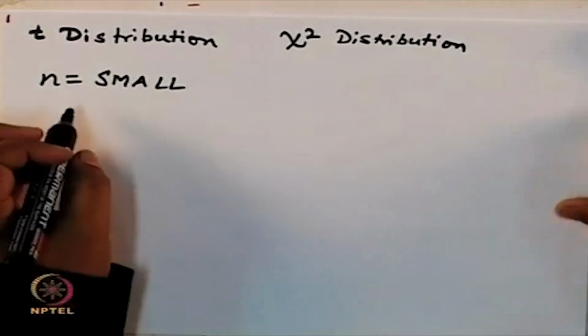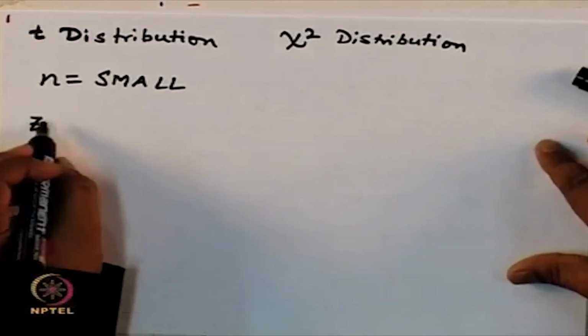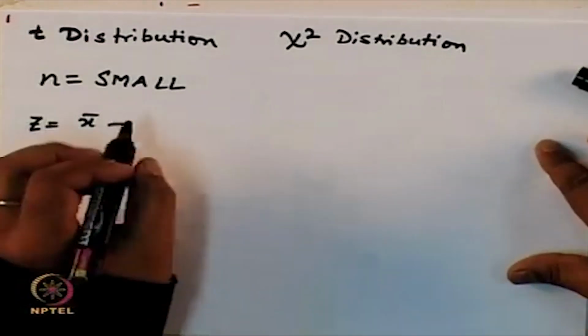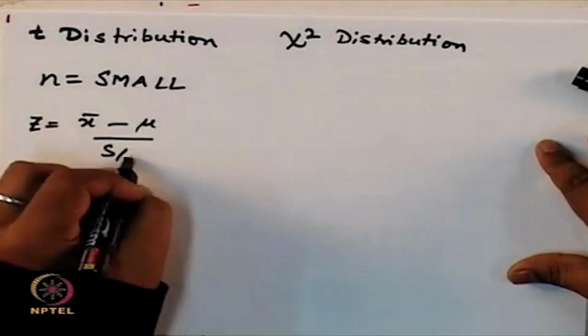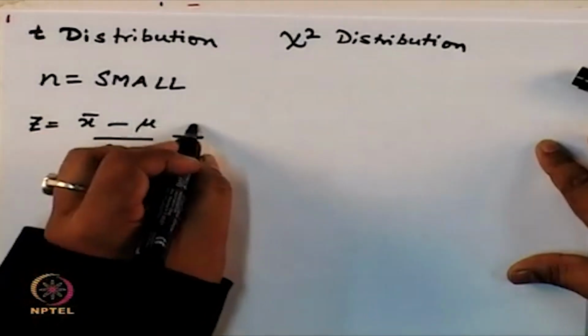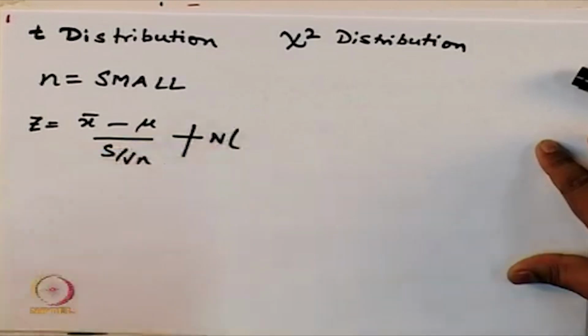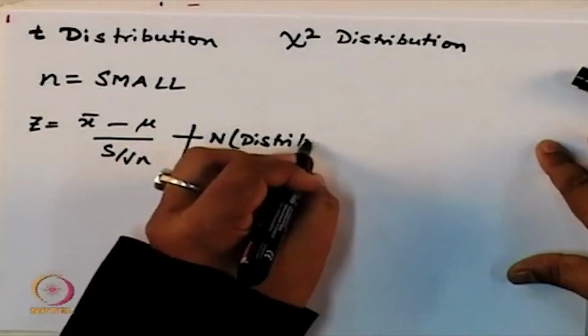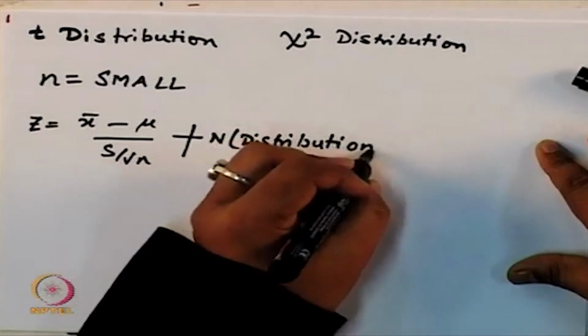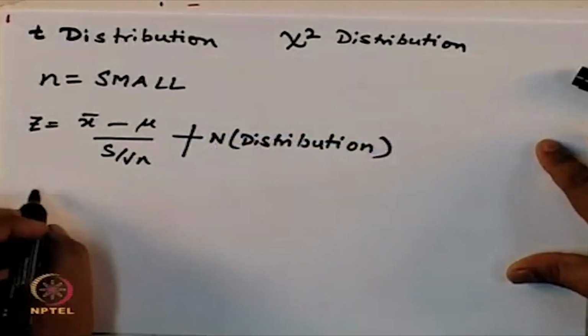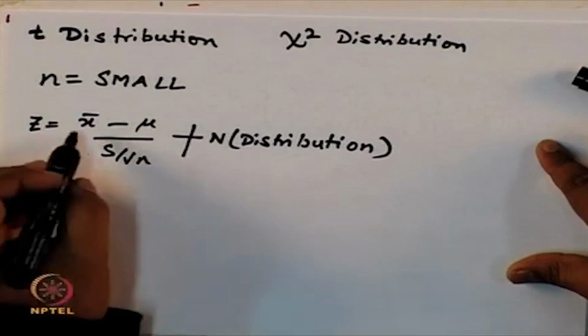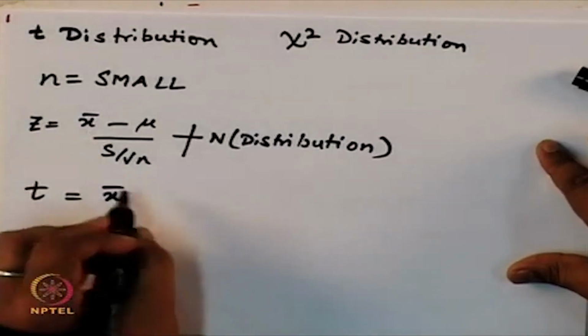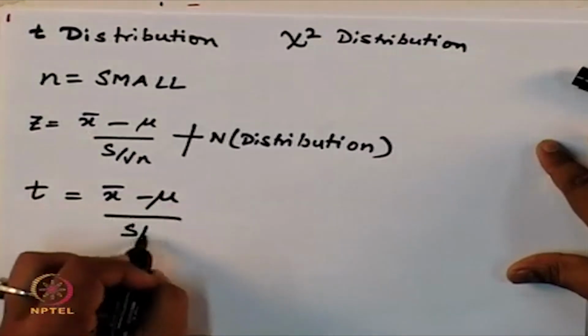Your z equal to x bar minus mu by s by root n does not follow the normal distribution. So instead we calculate the same value, x bar minus mu by s by root n,